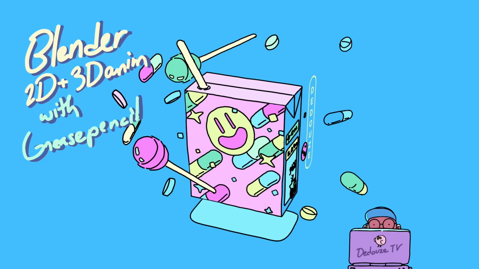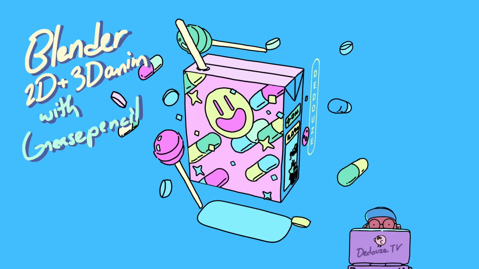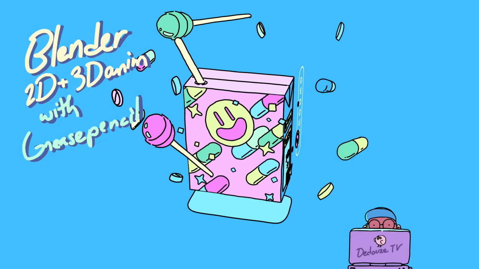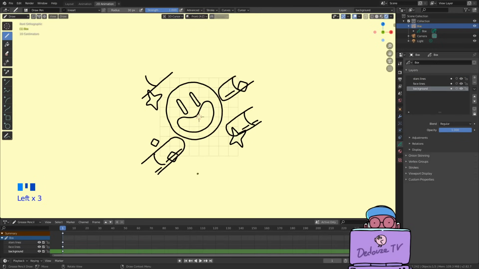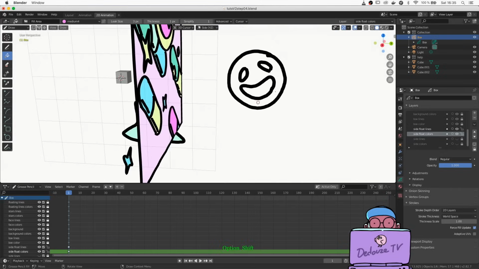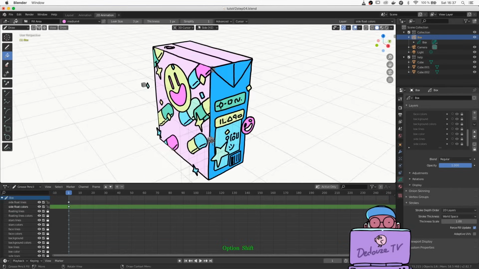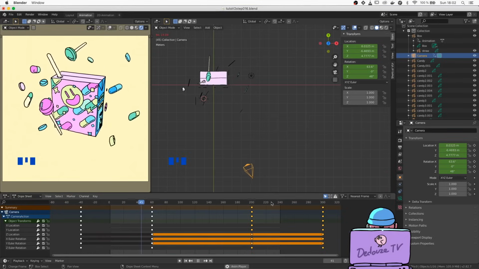Today I'm going to show you how to create this little floating juice box using Blender's Grease Pencil tool only from start to finish. I'm going to show you the amazing drawing tool and also the amazing palette tool. I'm going to show you how to move in 3D space while drawing and how to animate your drawing using traditional 2D techniques mixed with 3D motion for your objects and for the camera.